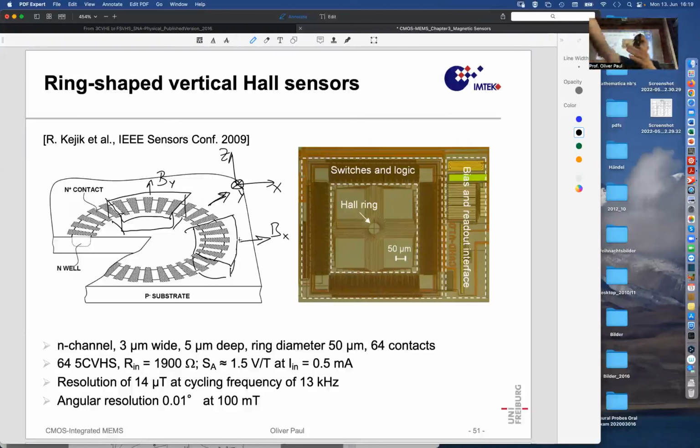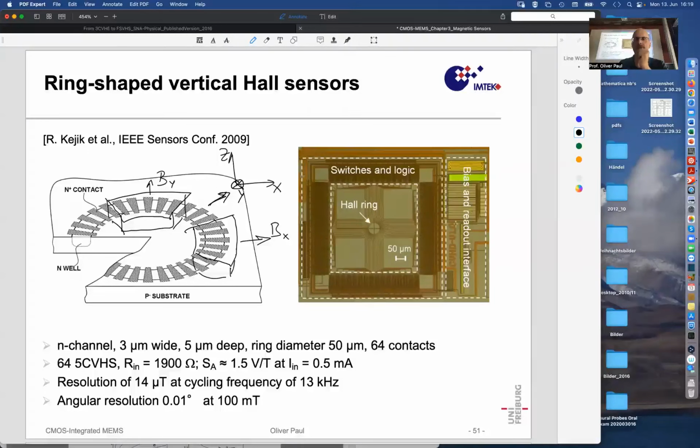Wherever the B field points towards, that's where the maximum of this cosinus, this harmonic function, will occur. Wherever the B field is perpendicular to, or in the direction of the contacts that is perpendicular to the plate, to the local plate. And so Kajik, a student of Professor Popovic at EPFL, demonstrated this device with 64